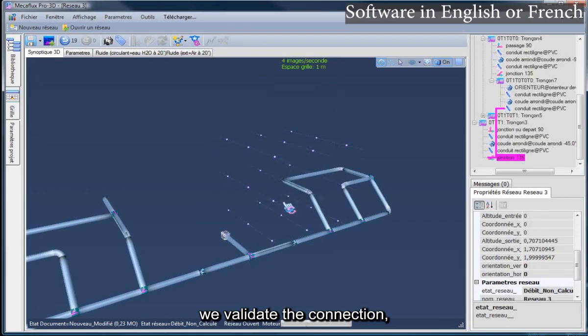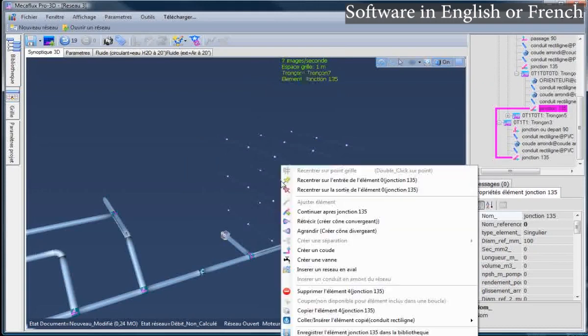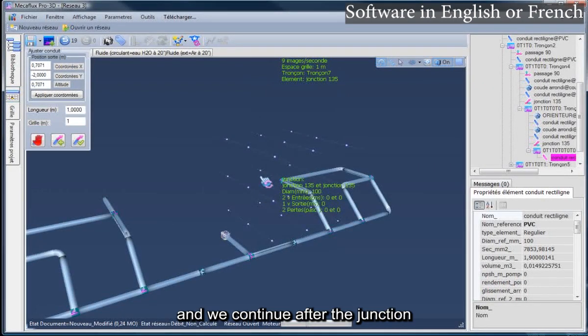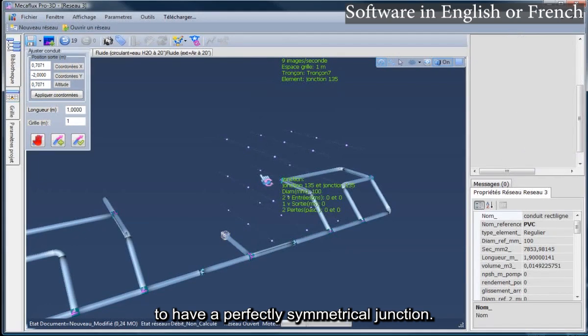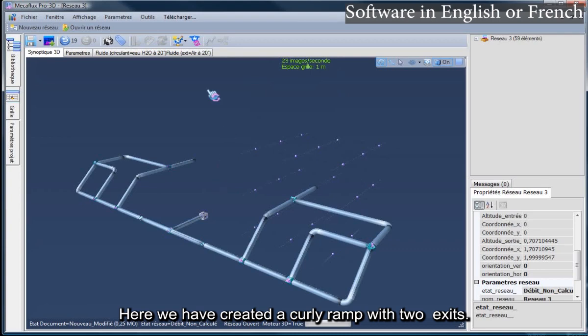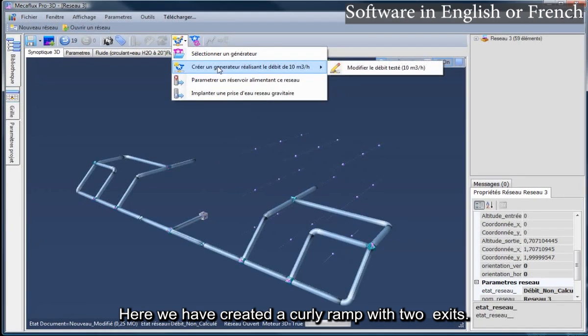We validate the connection. And we continue after the junction to have a perfectly symmetrical junction. Here we have created a looped ramp with two exits.